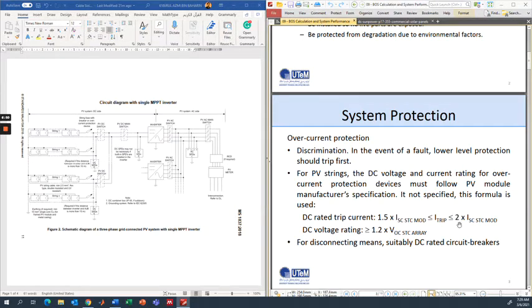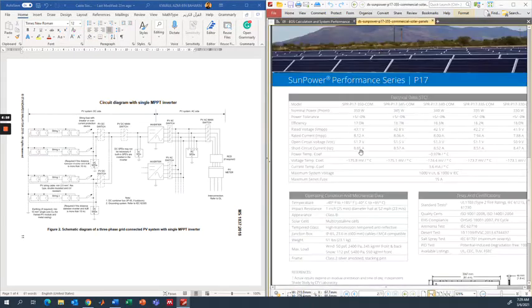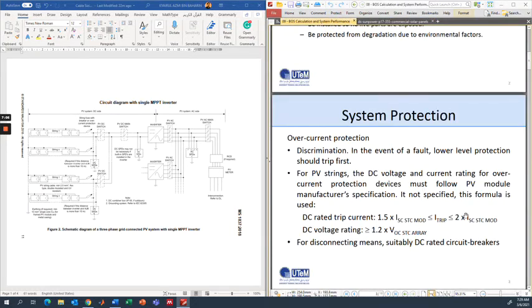So simplest one would be 2 times the short circuit current. So we multiply 2 with, for example, if we are using this module, 2 times 8.65, then that would be the maximum rated trip current, and the minimum would be 1.5. So we select the best overcurrent protection, maybe fuse rating, the fuse or the DC MCB that follows the range here.